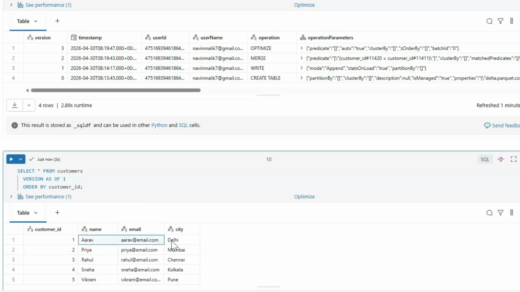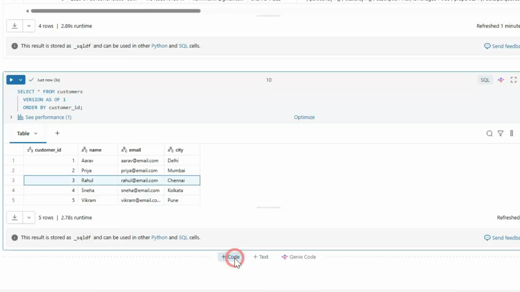So here you can see Aarav for Delhi city and Rahul is in Chennai. Now in the current version, Rahul is deleted and Aarav's city has changed from Delhi to Bangalore. So this one is for time travel.